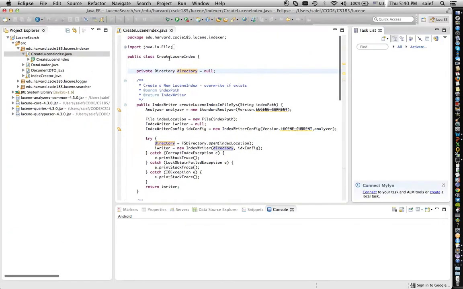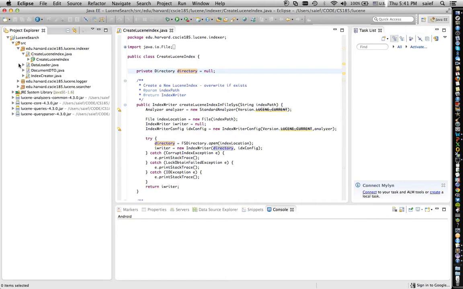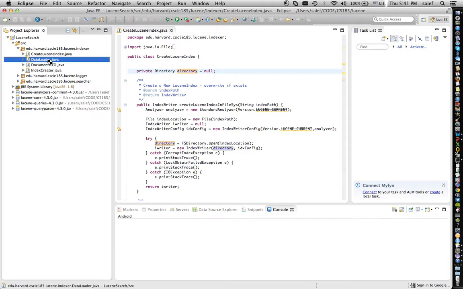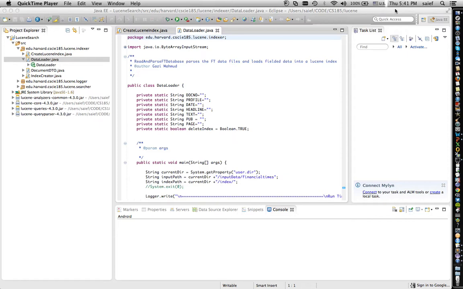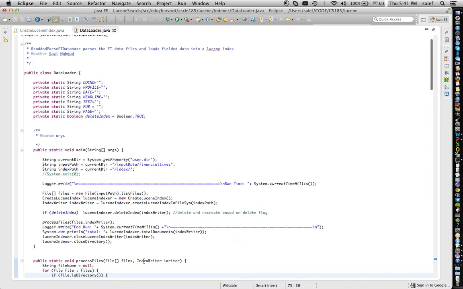Okay, so here you're seeing I have three packages: indexer, searcher, and logger. In logger, I'm just logging for debugging purposes. In here, the data loader is the driving entry point for the indexing process. In the data loader's main driver function, it has an input path of the Financial Times article folder, and it has an output index, the destination index, and from here I'm calling the process file